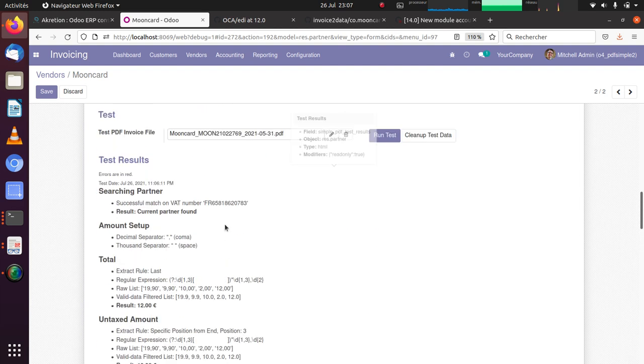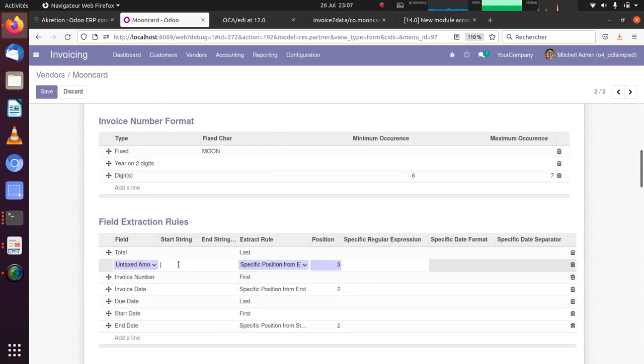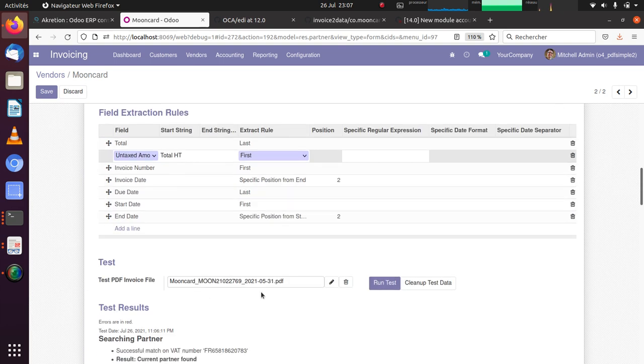So I will tell him a start string, total HT. Let's leave the end string empty. So he will just analyze the text after that string. And then, as it will be the first after that, I put it back to first, run the test.